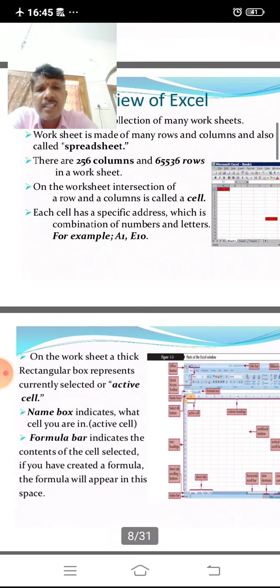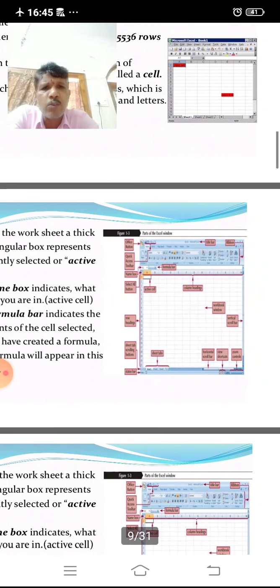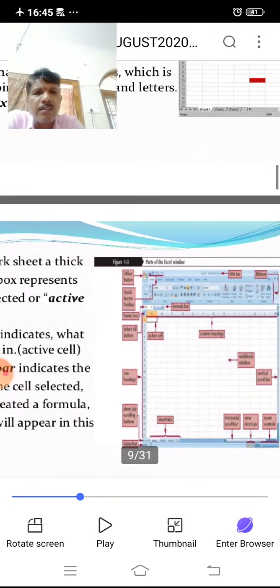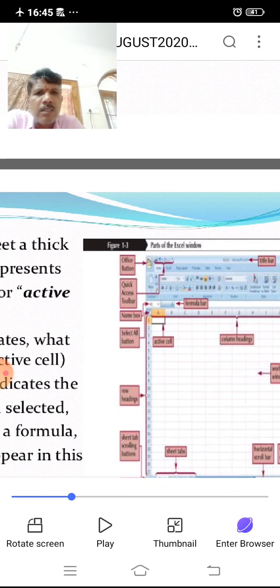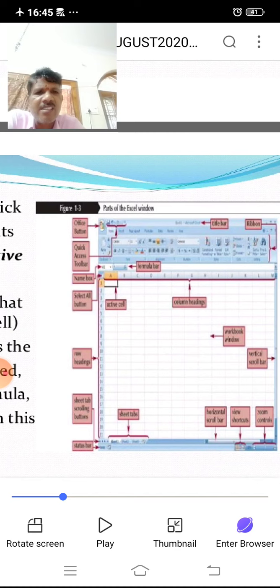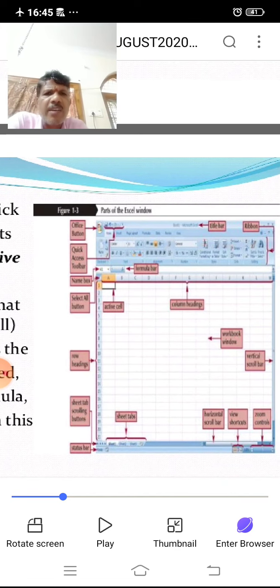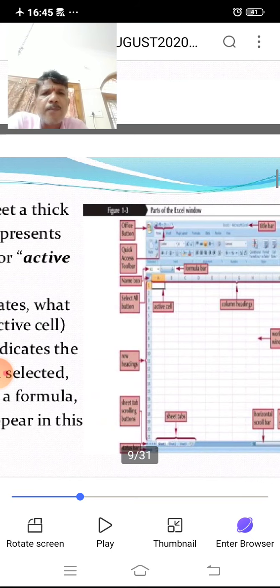Then, continuing the overview, on the worksheet a thick rectangular box represents the currently selected or active cell. These are some of the selected items.